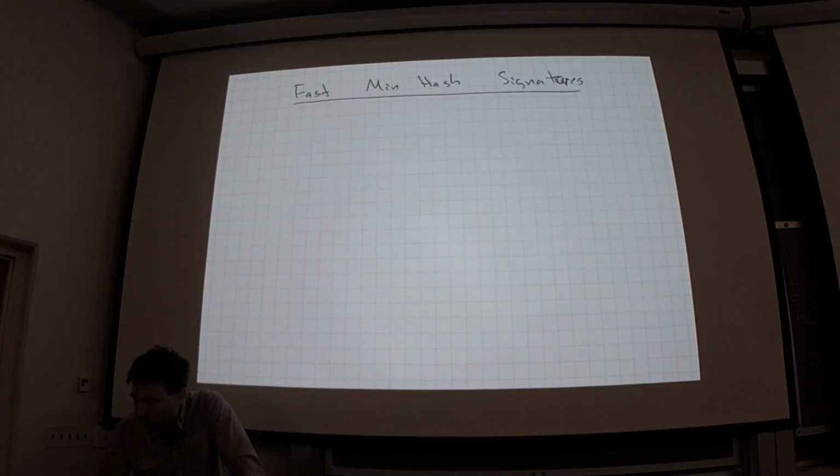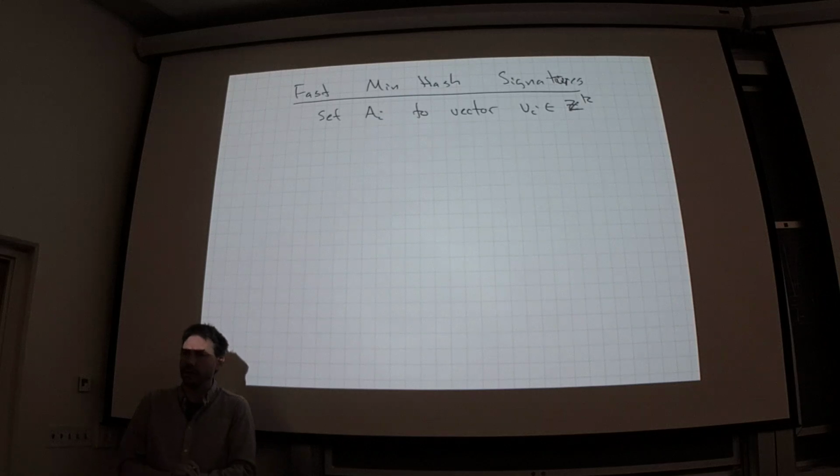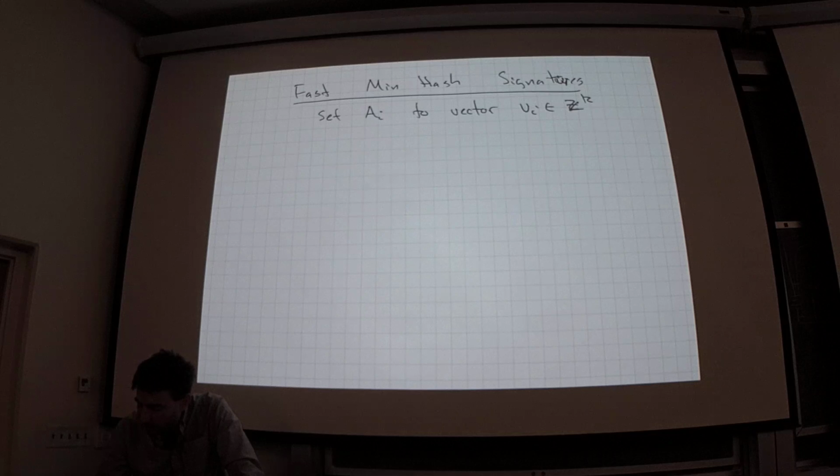So I'm going to go from a set A_i to a vector v_i in the integers. It's going to be k-dimensional. And the way I'm going to do this is I'm going to have k hash functions,